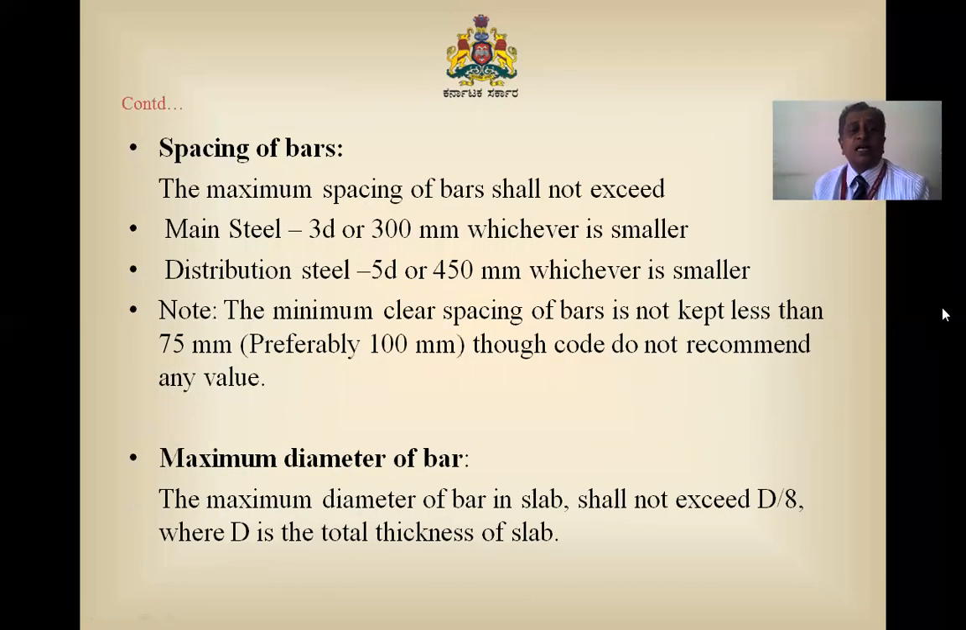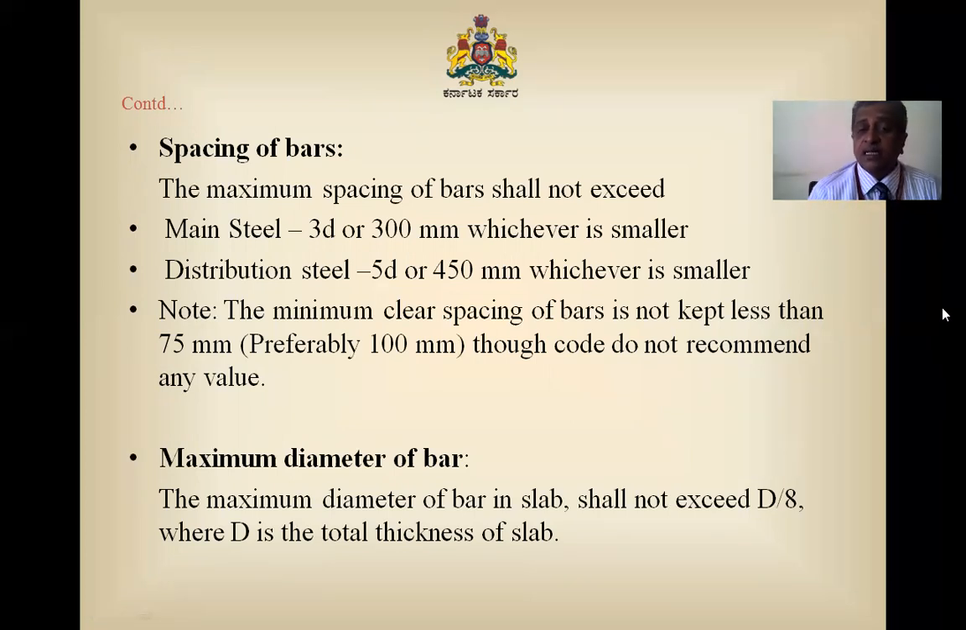Now, the spacing of bars. The maximum spacing of bars shall not exceed... See, when we are spreading the bars in the slab, diameters of 8 mm, 10 mm, 12 mm, up to 12 mm are regularly being used. When we are spreading the steel in the slab, the maximum spacing between the bars should not exceed,